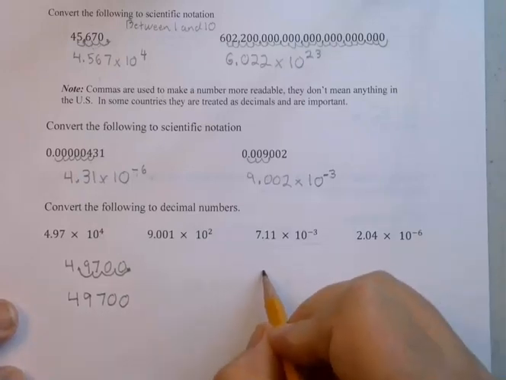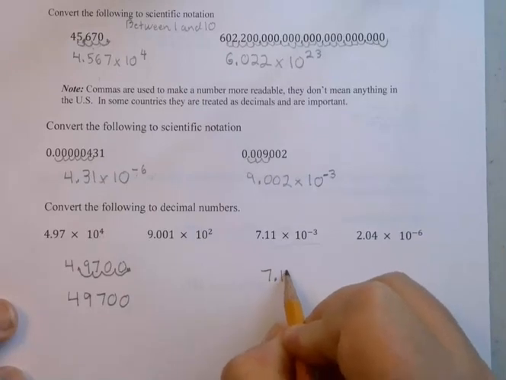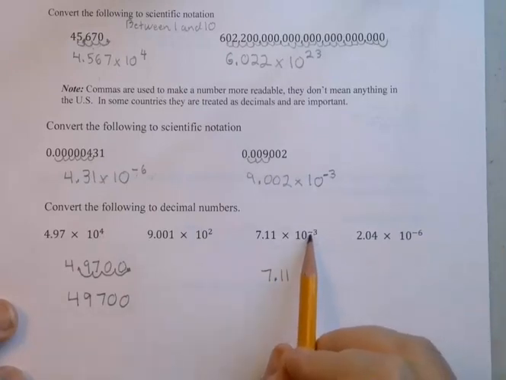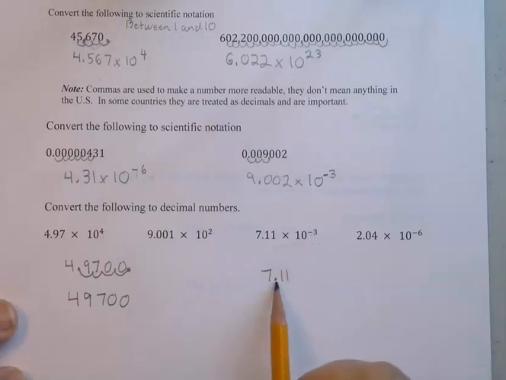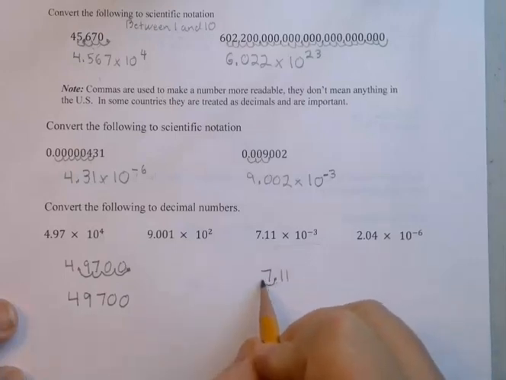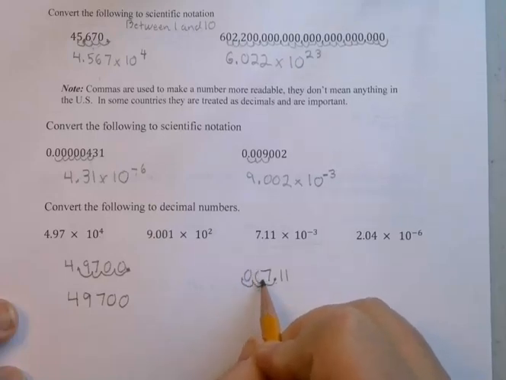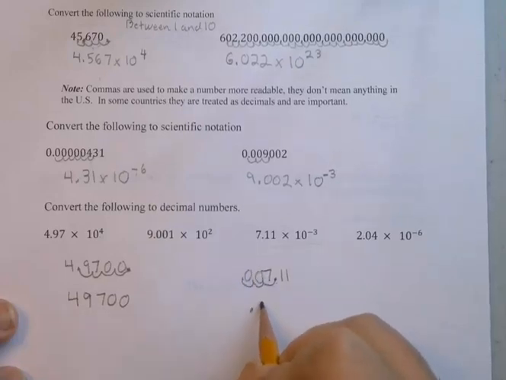Okay, so again, we write the coefficient. And this tells us it's going to be a small number less than 1. So which way would I have to move this decimal to make it a number less than 1? I'd have to move it to the left, 3 positions. Okay, fill in the eggs. And your final answer is,